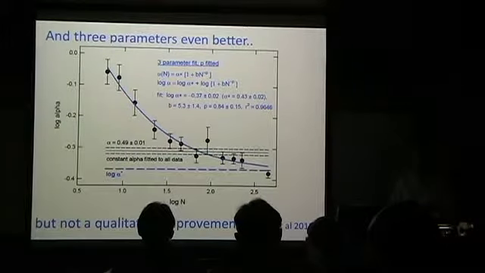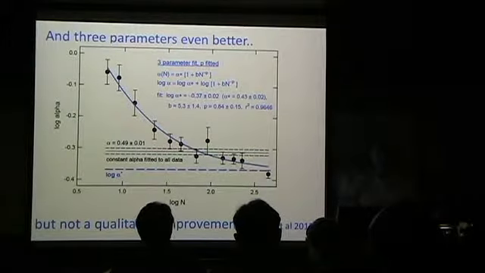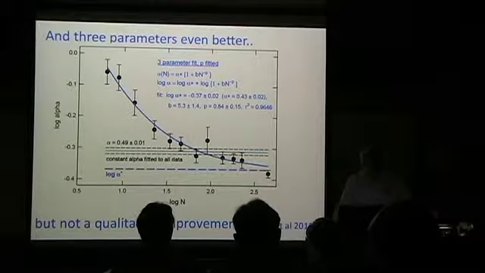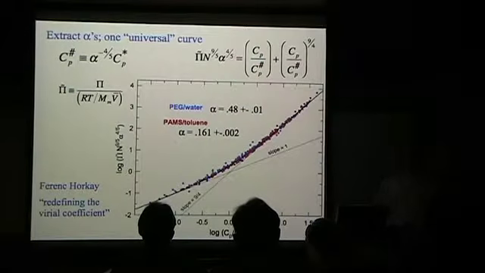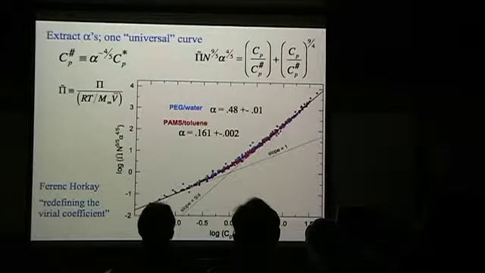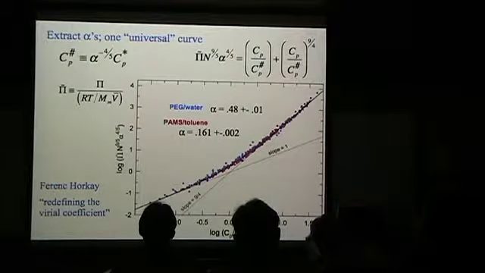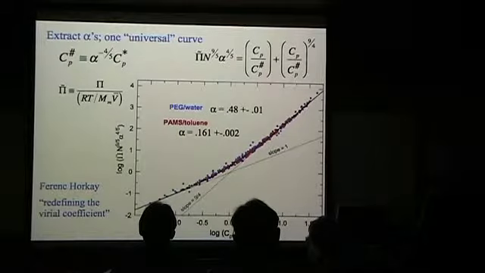He had one parameter, two parameters, three parameters. But if you look at the mean square fluctuations in these cases, it's not really making a huge difference. This is the one I like: if you take two different polymers, two different solvents, all these molecular weights, you do all this intellectual stuff to it, that's what the data look like.